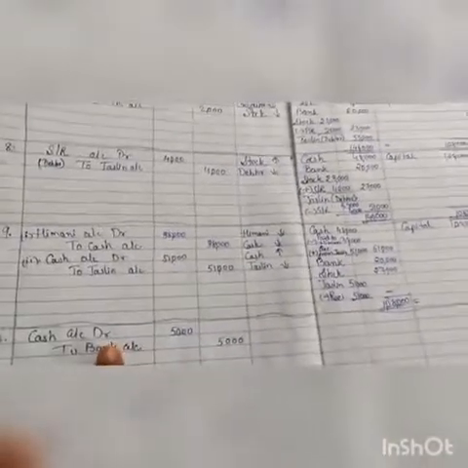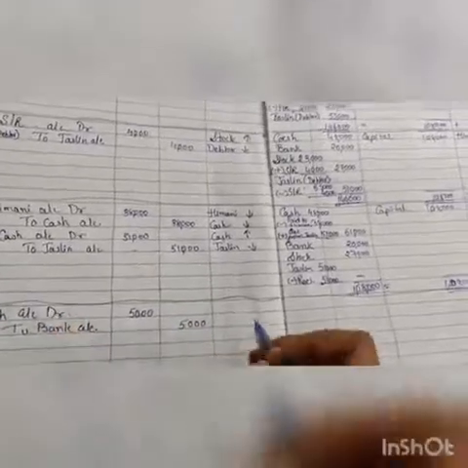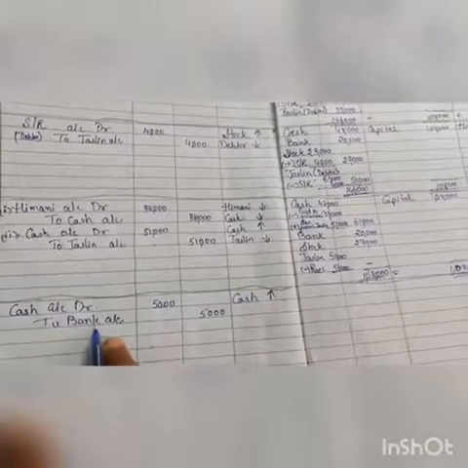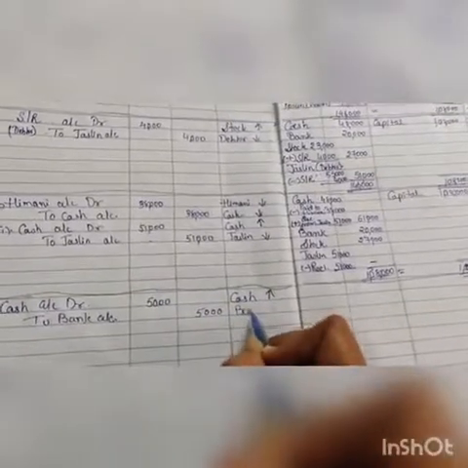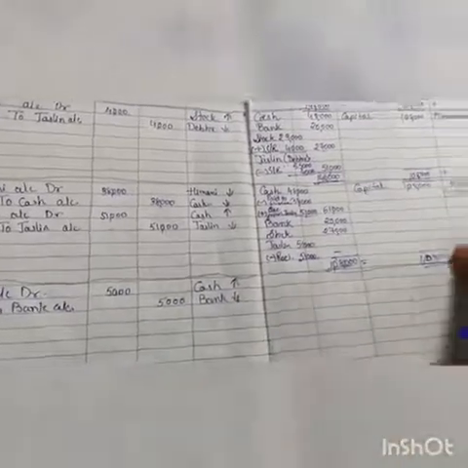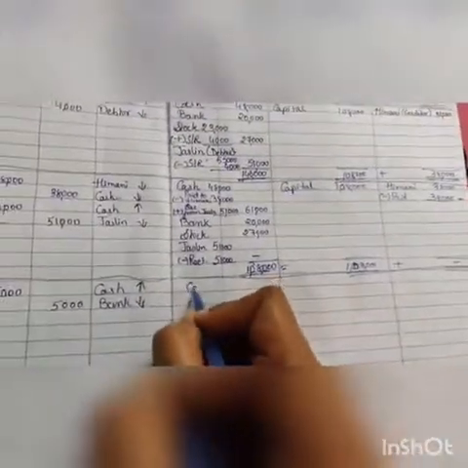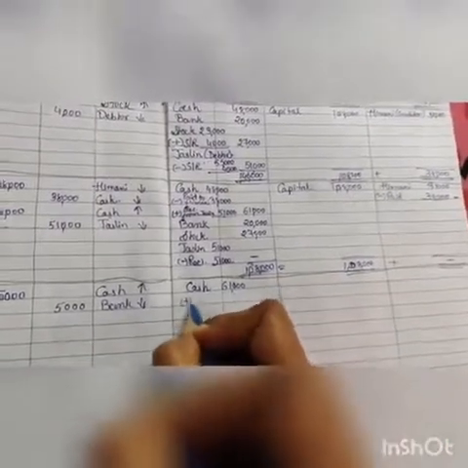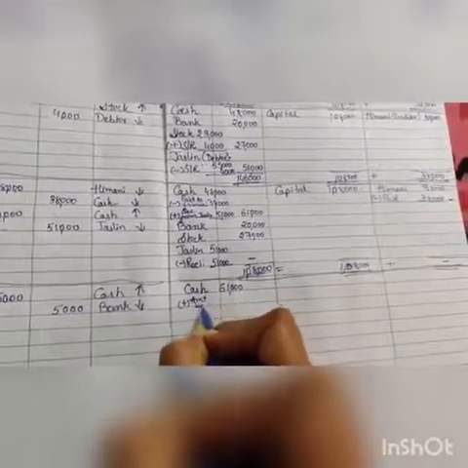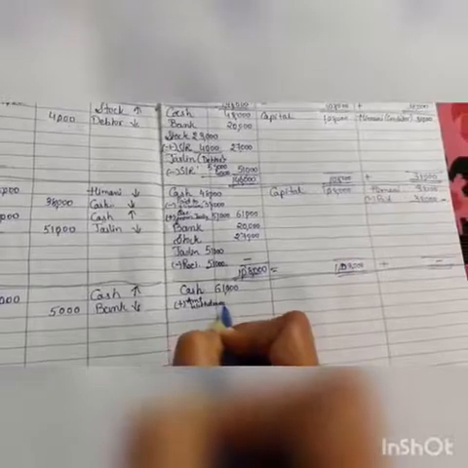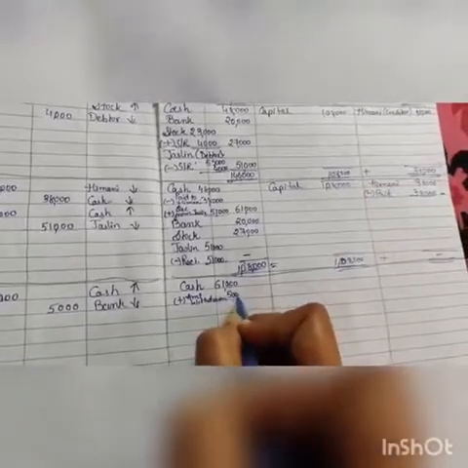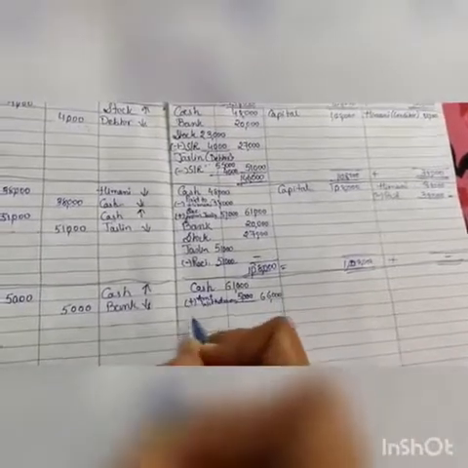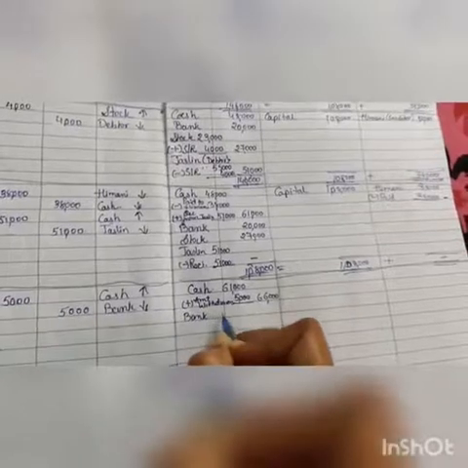So see, as you are receiving cash, amount is withdrawn from bank, so cash is received, so cash will increase. And here who is paying you the amount? So bank. So from bank the amount will be reduced. So now here we will see the effect, that is cash, there is 61,000, cash will increase because amount is withdrawn. So how much amount is withdrawn? 5,000. So now total amount is how much? So 66,000.